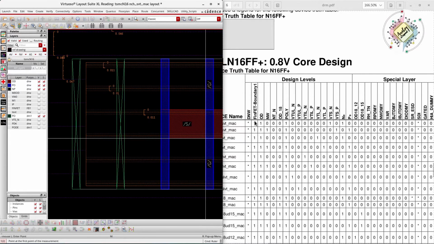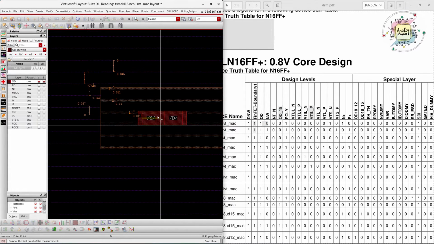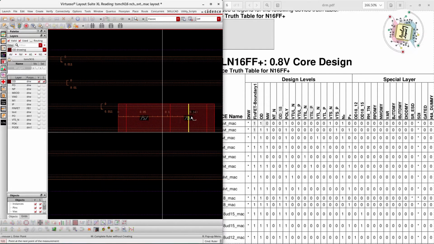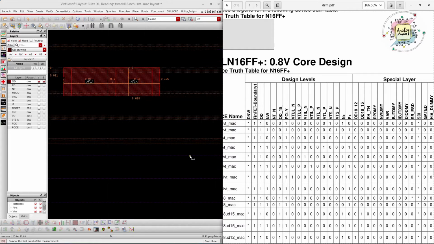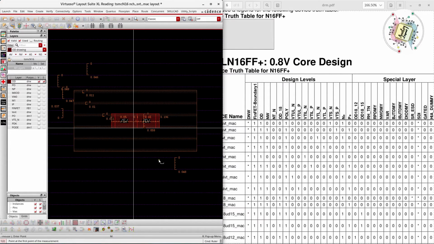After fabrication of this fin, they need to fabricate OD. The second step is OD. Let me highlight, this is our OD layer. After fabrication of OD, what layer is there? See here, there is no second layer, because OD is the base level layer. Fin boundary is like a default. By default, all the devices should be within the fin boundary, since it is a FinFET process. So leave the fin boundary. The first step is OD.